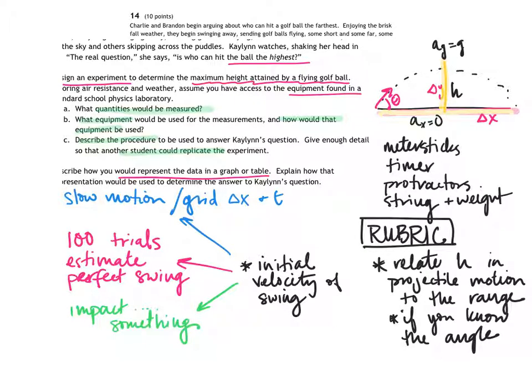So there's more than one way that you could arrive at this answer, but what I would be looking for is, do you know that part of what you need to do is determine that initial velocity of the ball? And then your method needs to be something logical and reasonable, and from there, I'll say, yeah, okay, I think I get that. That's also why there's this clause in there about it has to be something that another student or me can read and go, cool, I think I could do that